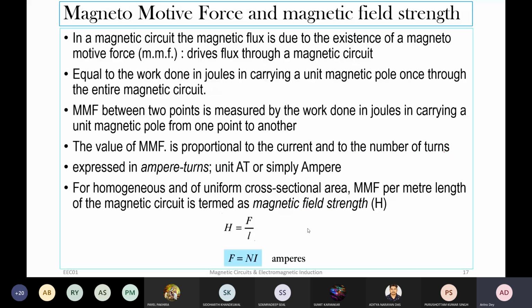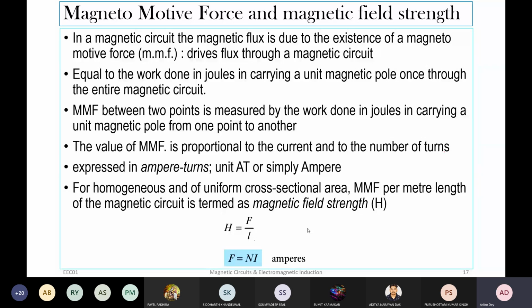We have seen from the last class, from Ampere circuital law, it will be the length of your path, I mean the toroid. So if it is a toroid of radius r, then 2 pi r will be your L. So NI by L will be your field strength. If flux density is known, then we can find out total flux by multiplying it with area, and then we'll get the total flux phi in the toroid.